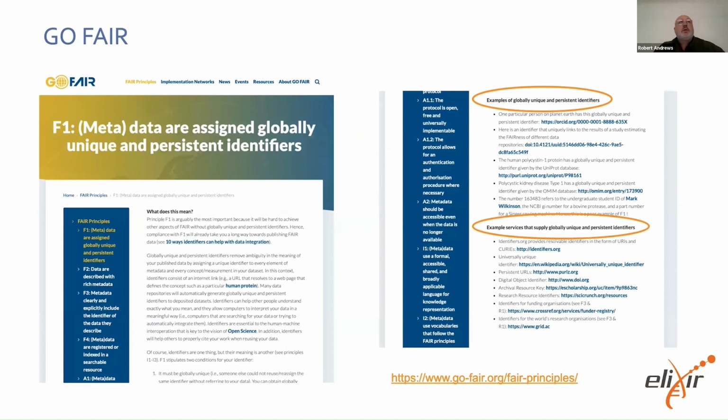And this is just a page which is showing examples of what a persistent identifier is. So when I last looked at this was very much life science focused. But if I wanted to show a novice really of FAIR what FAIR actually is and what it actually means, then this would be one of the first resources I think I would show.